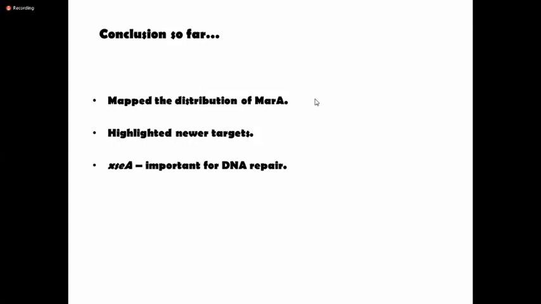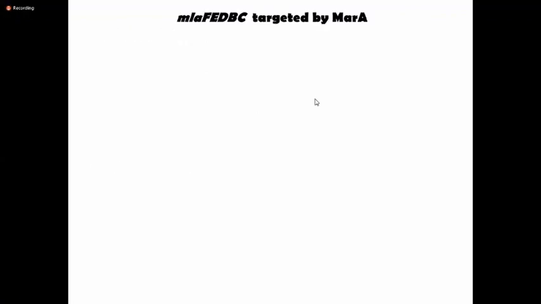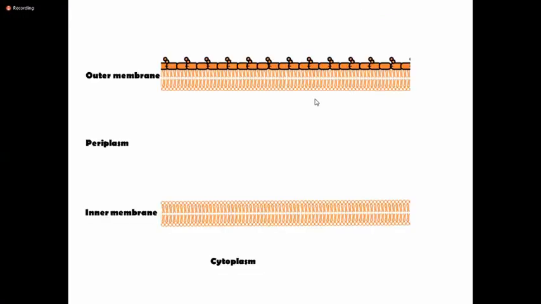Finally, I'll tell you a bit about the MlaFEDCB system. This system is also targeted by MarA. To explain it better, I'll show you the bacterial membranes first. We know the bacterial membranes are asymmetric. In order to maintain the barrier function, it has to be asymmetric. So what is the meaning of asymmetric? We have the inner membrane,